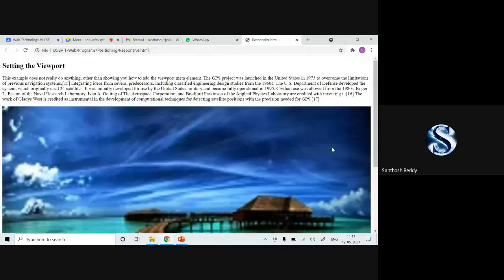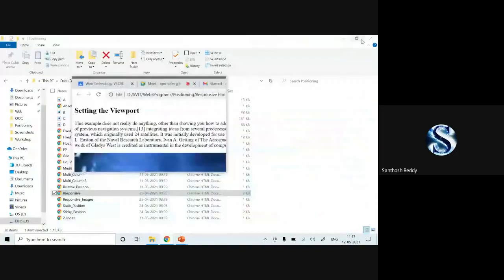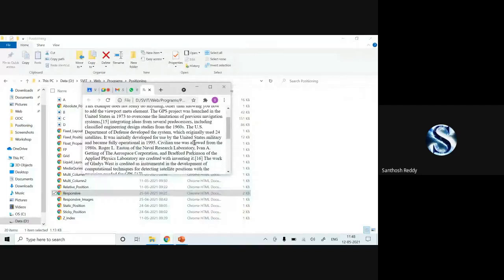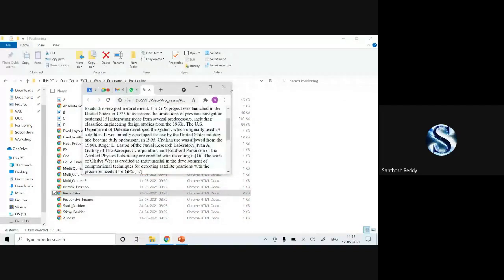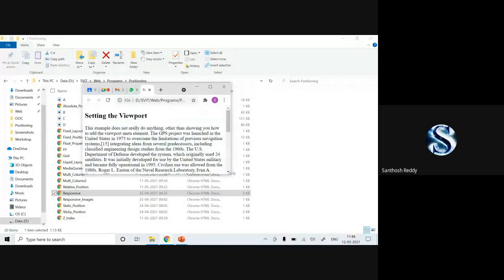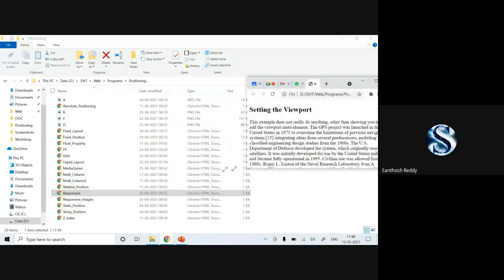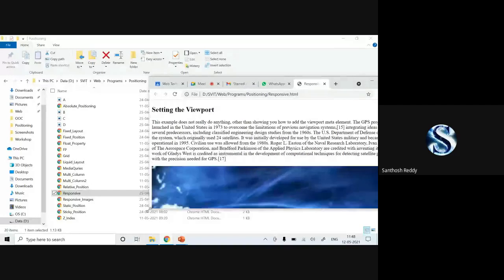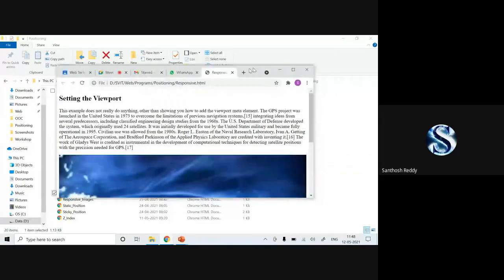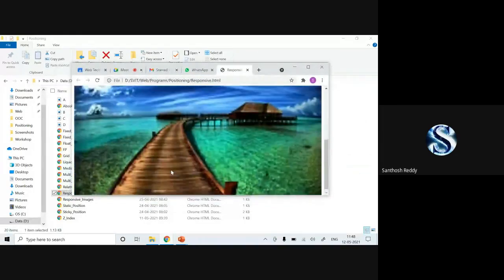See, now it is set to the full width. When I minimize the screen, you can check how it is visible for this particular screen size. Even if I increase the width of the page, the image is also going to grow.